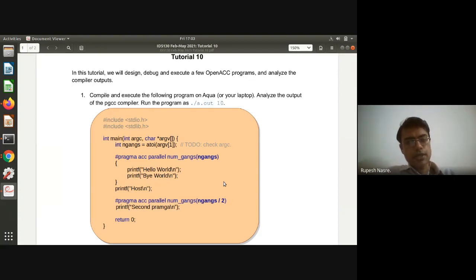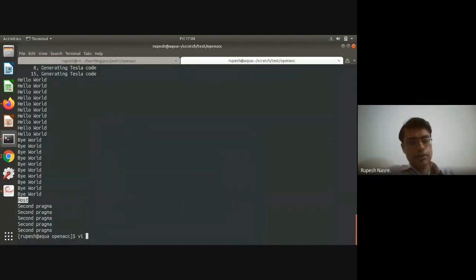As far as host is concerned, that does get printed at the end of this pragma because there is an implicit barrier, and then that is getting printed anyway on the host, and after that the second pragma is going to get printed after host gets printed exactly once, right? And the second pragma gets printed 10 divided by 2 number of times. So if I, for example, change this first pragma to async, let's actually try that.